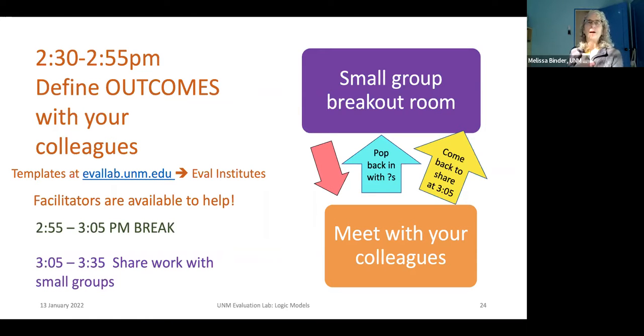You can go out and work with your colleagues, but you can pop back in with questions. So even if you have to leave the Zoom meeting, you can go back into the breakout room and ask your question. And then at 3:05, so this is an important time, we want you to come back in, and the 4 organizations in your group are going to share the work that they did.